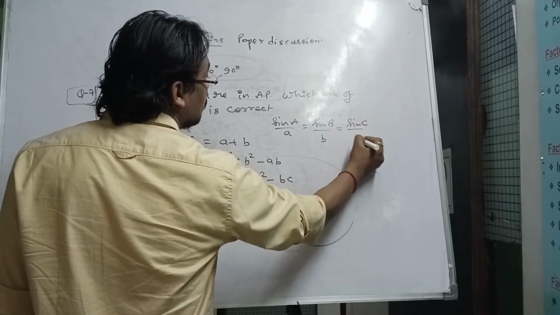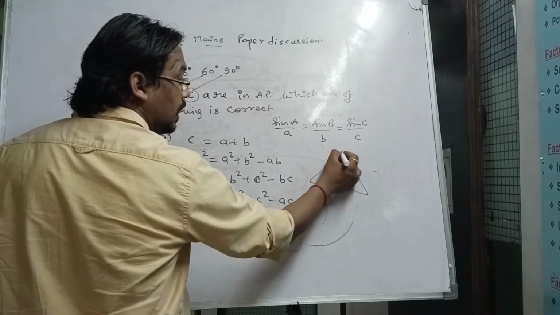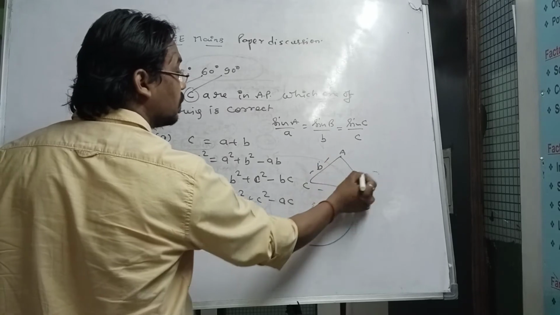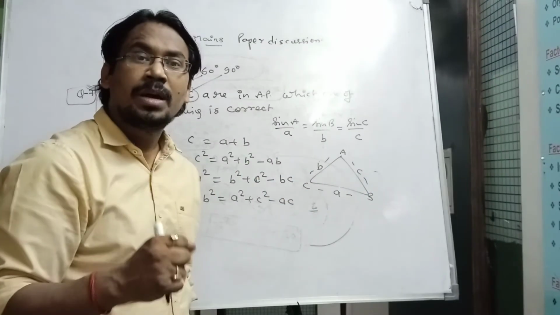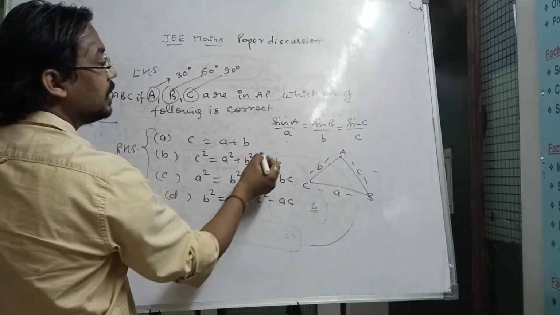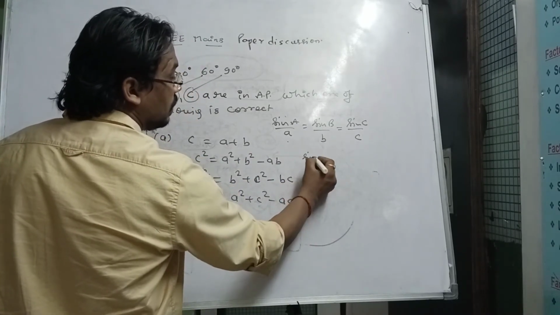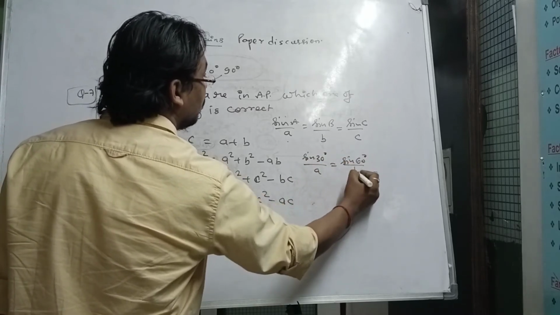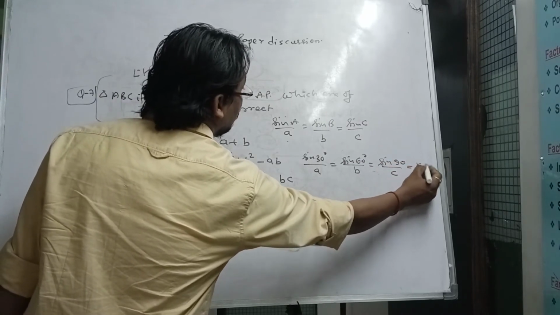We will discuss this in properties of triangle, where you have a triangle ABC, with a in front of A, b in front of B, c in front of C. This kind of triangle has a sine rule. Now what we have to do? We take sin A upon a. It means A is 30 degree. So here I will write sin 30 degree upon a, sin 60 degree upon b, sin 90 degree upon c, and you can assume it as k.